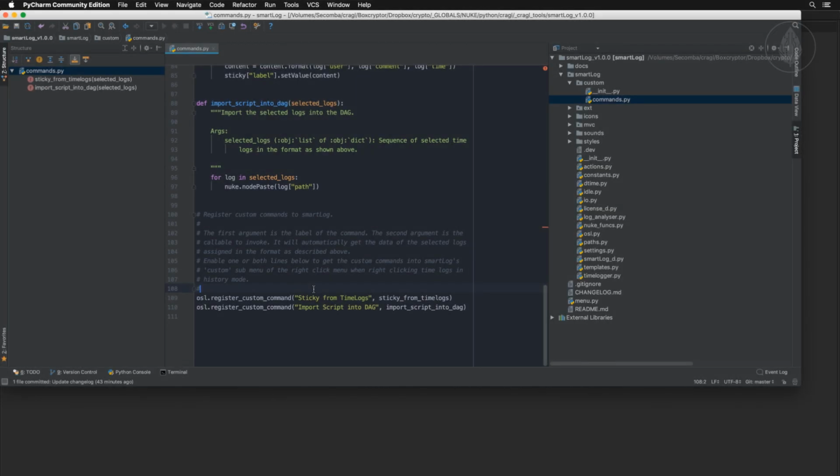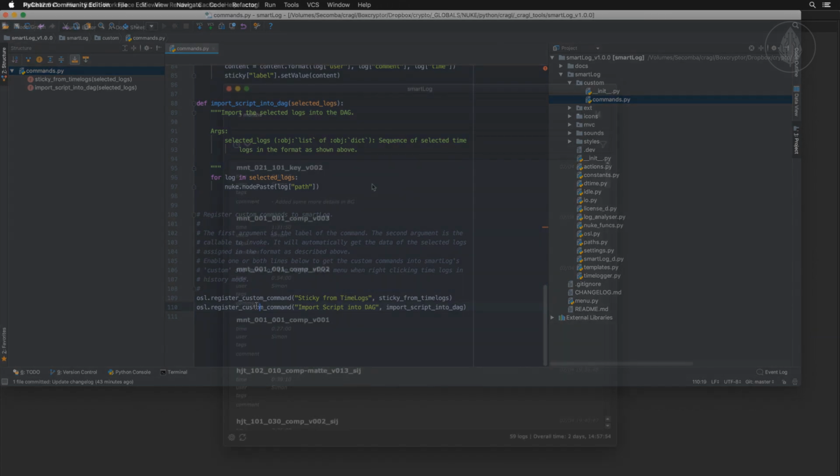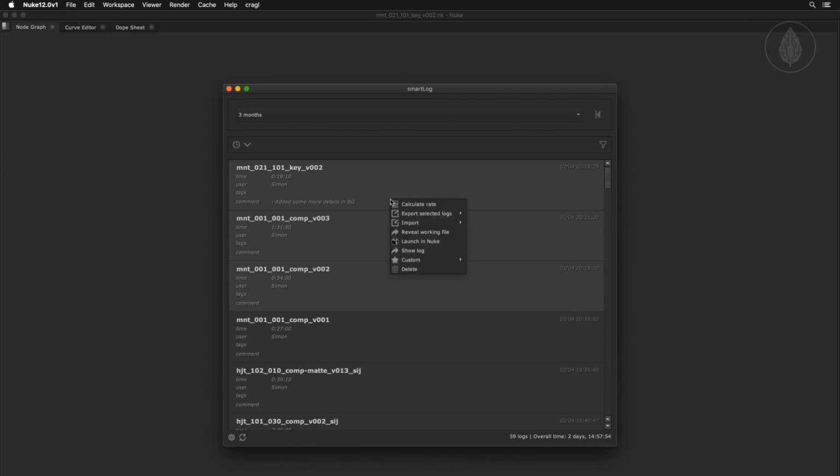SmartLock offers the functionality to dynamically inject custom code that can be executed via right-click commands for selected logs inside SmartLock. After registering your custom commands, they appear in the custom right-click menu in the history mode. This feature lets you do a variety of custom things. For example, you can send selected logs to your database, your file system, via email, or communicate with any other